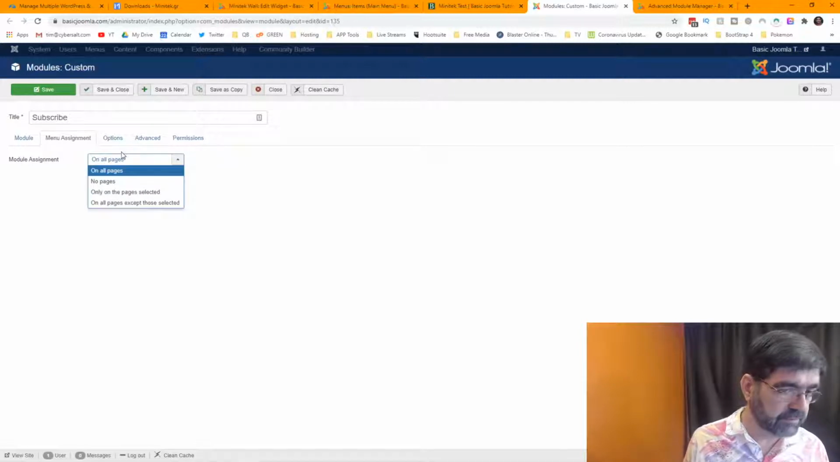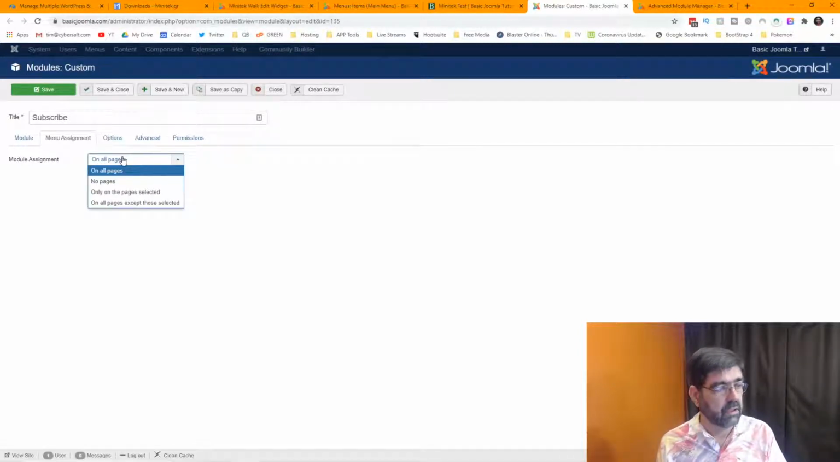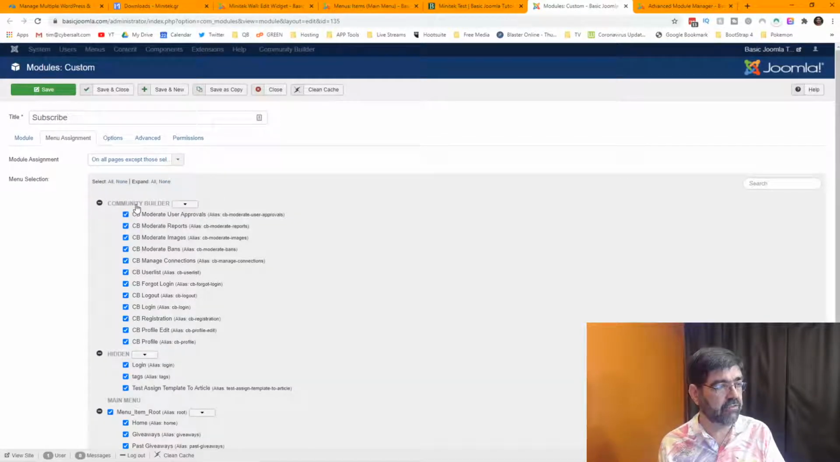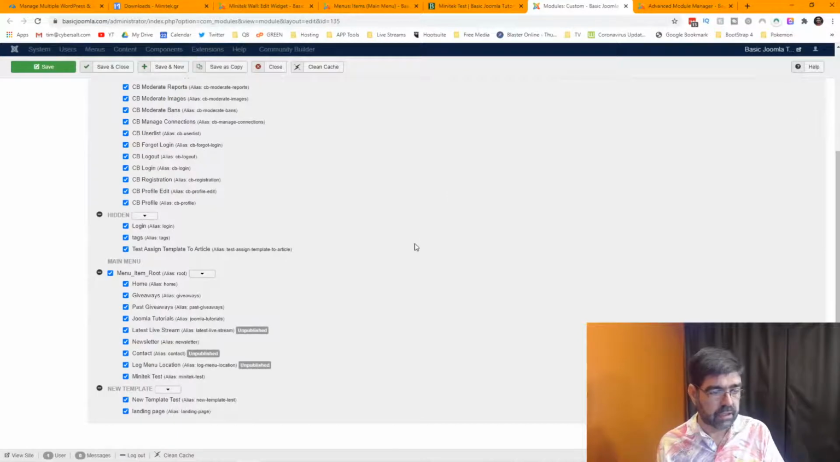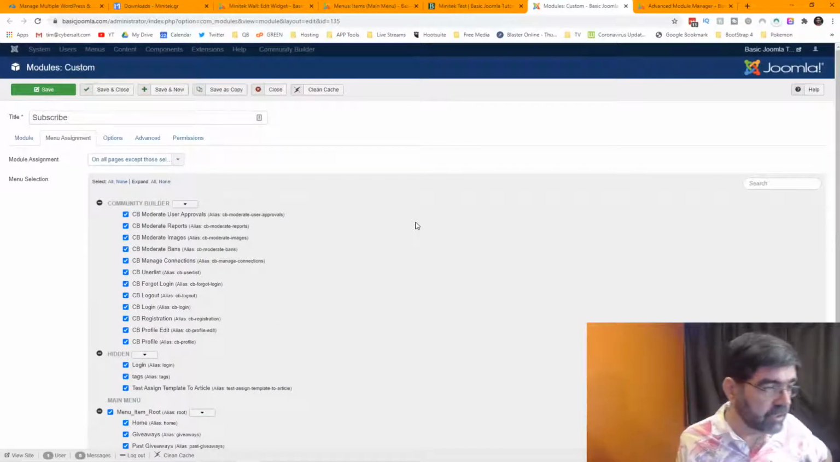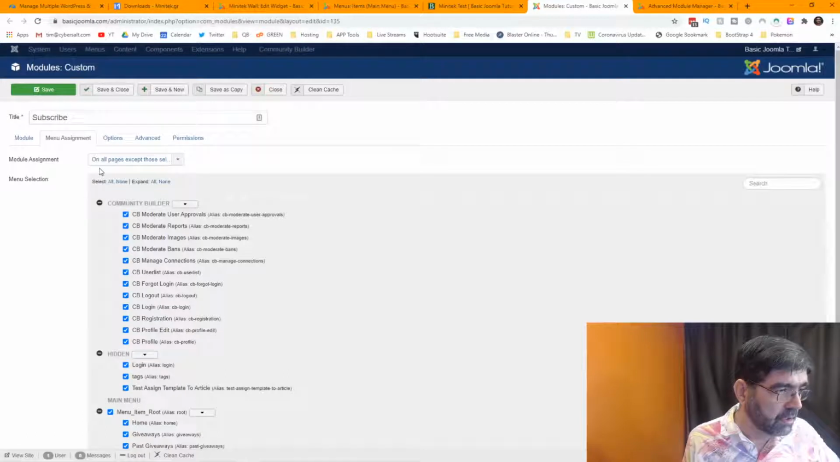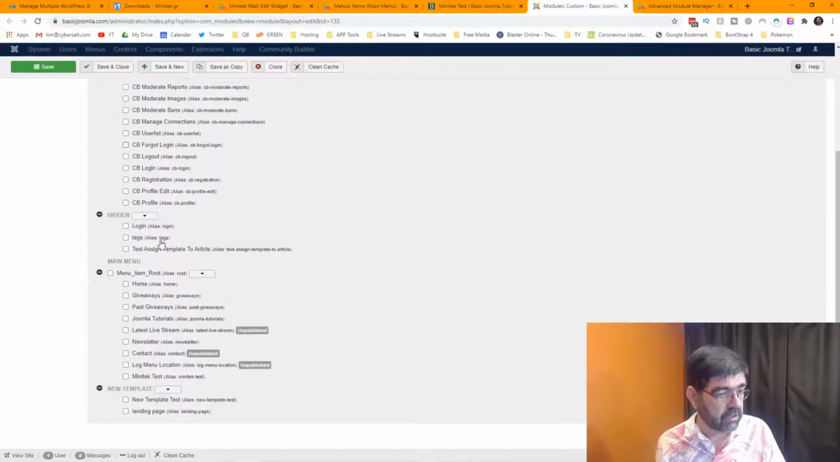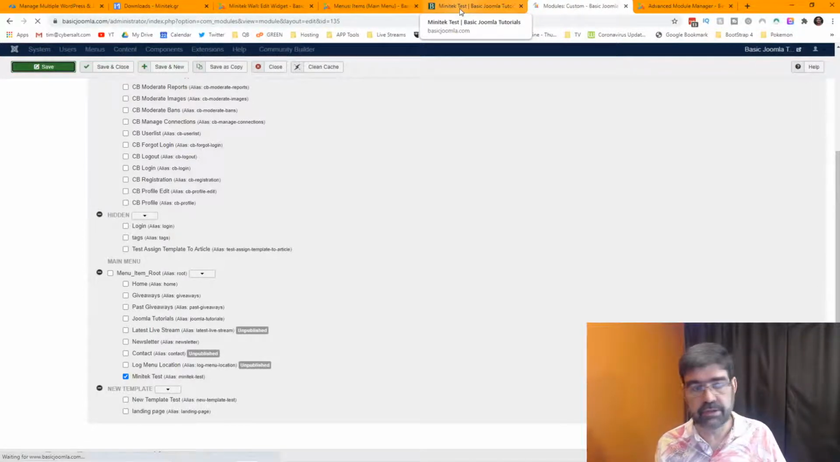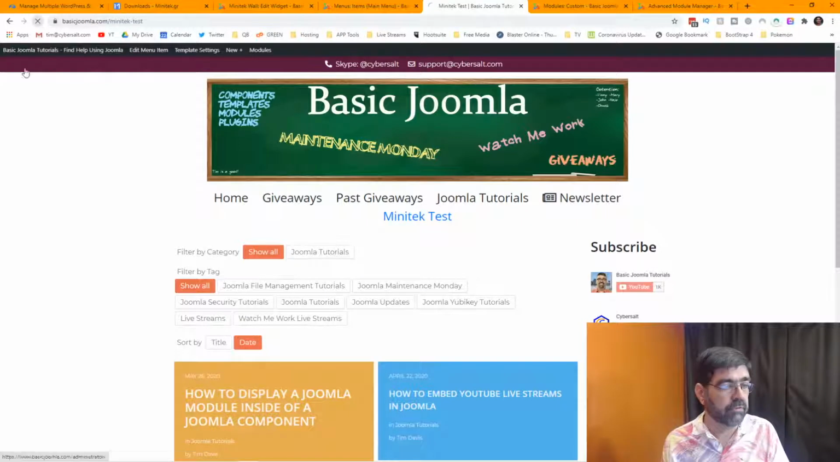And let's see, only on all pages except those selected. Now, for some reason, advanced module manager is not showing up here. Anyways, all right, here's Minitek test. So I'm going to say all pages except those selected. So I select none. And I'm going to go down here and just say, don't show this on the Minitek page. Minitek test page. Now when we go refresh,